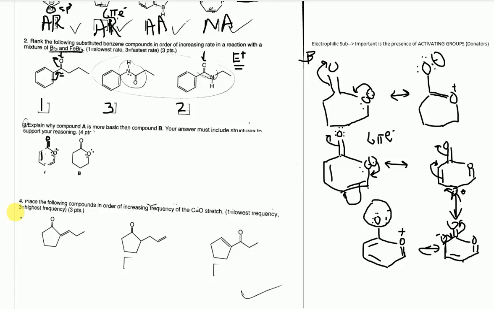And you could have said this very simply: because A is aromatic and B is non-aromatic, the resonance structure for A, where a dipole moment or a separation of charge is created and we have a negative oxygen, contributes more to the overall resonance structure of the whole molecule. Whereas in B, the O minus resonance structure is not as present. Okay, so